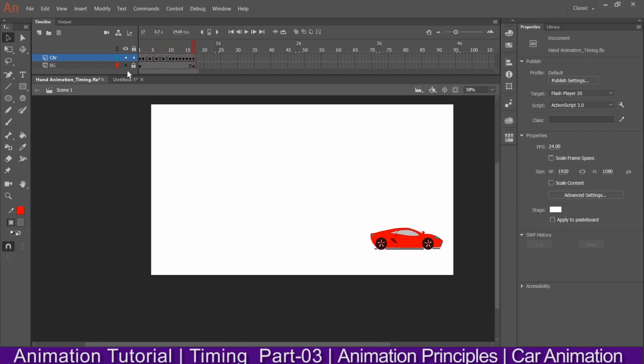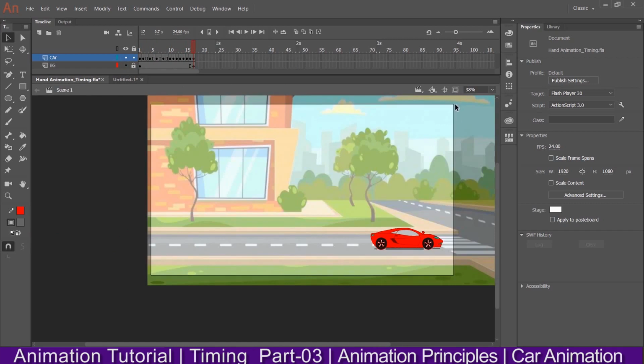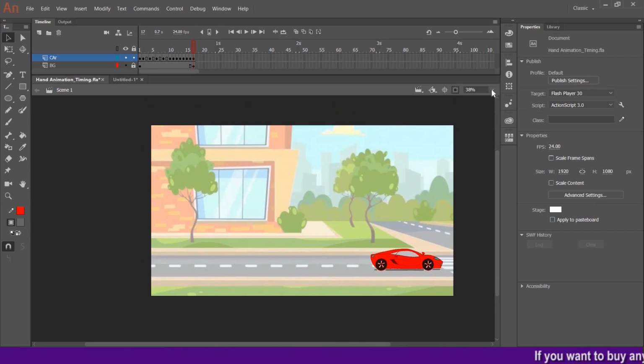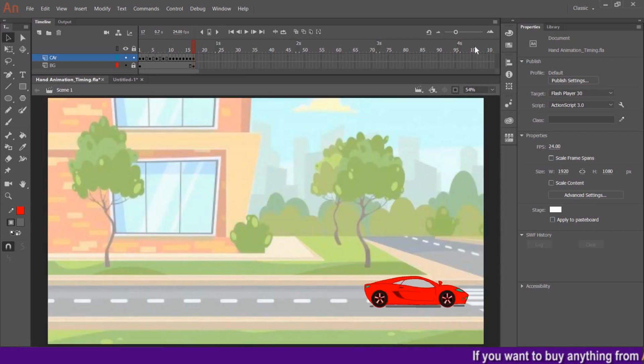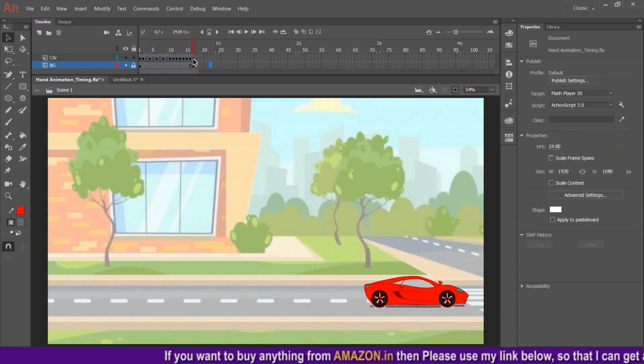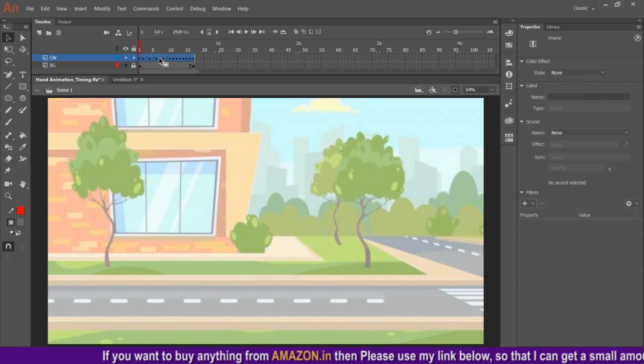And let me switch on the BG, the background, and hide the outer content and fit to screen and see. Okay, and one more thing you can do, let me drag everything here to here to here.